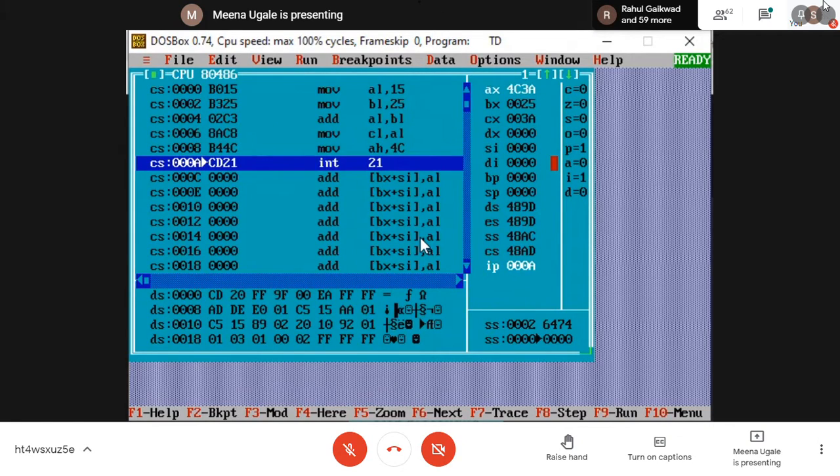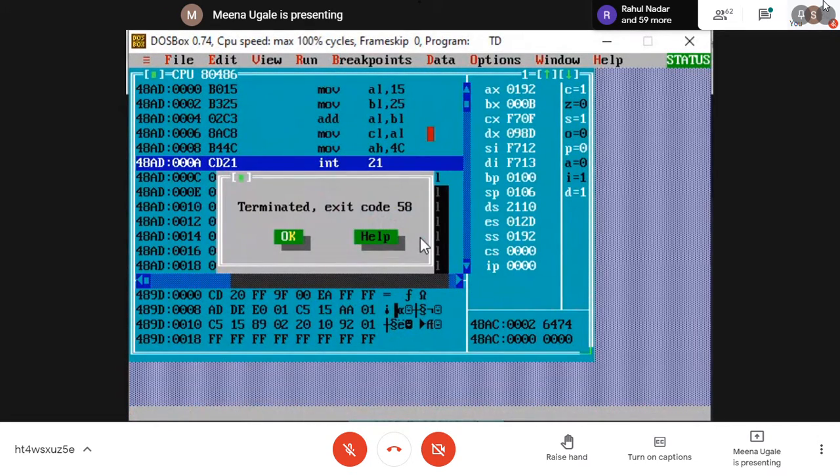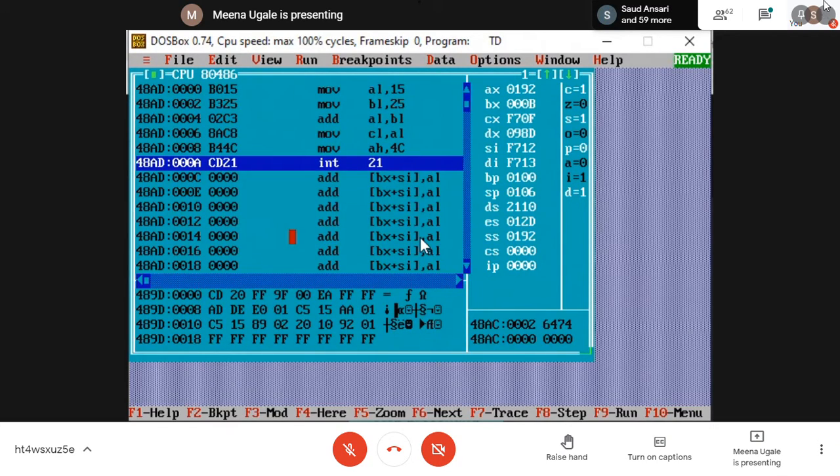I'm pressing the F7 key. You can see the content of AX. The AH part is now 4C here. AH is loaded with 4C and I'm pressing F7. My interrupt 21 instruction is executed and it is telling me the program is terminated. As you can see, the program is terminated. The content of all the registers is changed here. You are going to get your original data that you started your program with. And as I click on OK, this is the termination of my program.